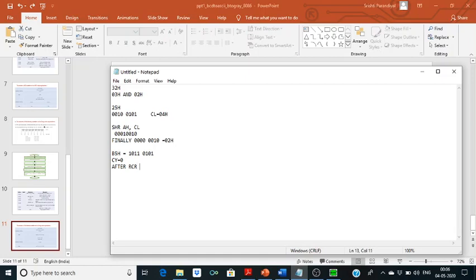So what will happen after this RCR? Suppose we are taking the BL register, we have moved it to BL, so BL RCR by 1. Now this least significant bit will go to carry, so CY will be equal to 1, and the content in BL will be shifting right.